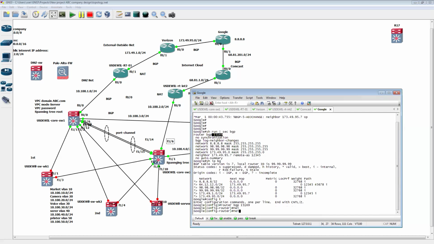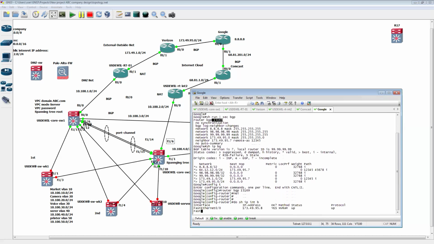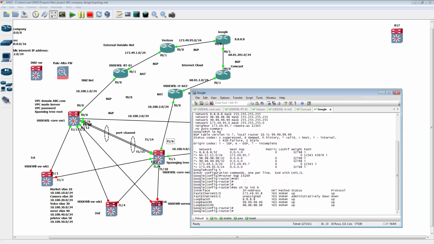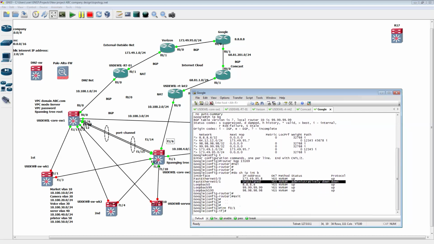Wait, hold on. Before we do this one, let me do show IP interface brief first. Make sure we have an IP address assigned yet. So we don't have an IP address assigned yet. See here. All right, so that means this interface in here. Okay, so now we have to exit out here first. So let's do conf t in here. This is the interface facing Comcast, and then we're going to put the IP address in here. So what this should be is 68.81.201.8,